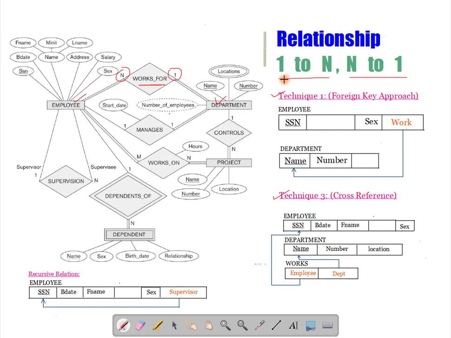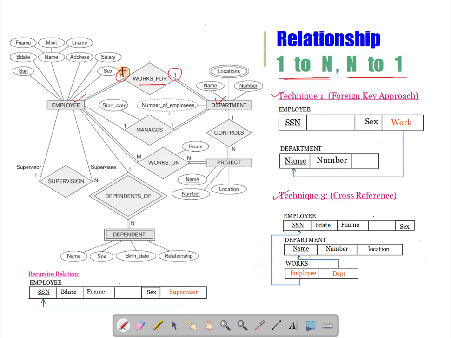But in case of one-to-many or many-to-one, there's one point to remember. You cannot add the foreign key in the department relation. You will add the foreign key on the side which represents the many participation. That means from employee to department, that is many-to-one: from the department side 1, and from the employee side many.